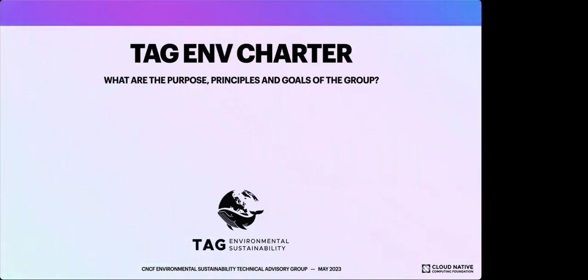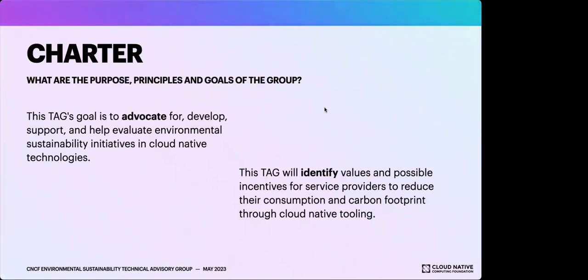All right, then going on to the charter. So our goal in general is that we advocate for our domain. In our case, it's environment sustainability. So we want to understand what role environment sustainability plays in the cloud native field. Where are we at? How can we improve that? Where are the necessary tools? Where do we maybe lack some general understanding of the topics?